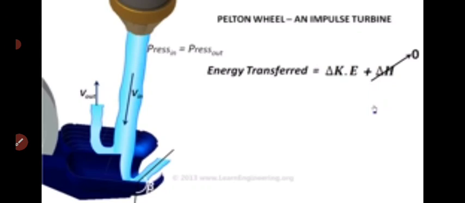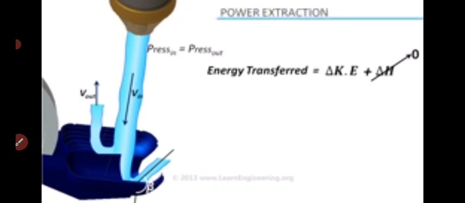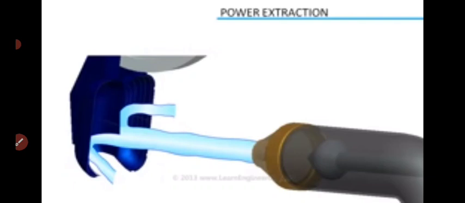The absolute velocity of the fluid will have a huge drop from inlet to exit of the bucket. However, pressure remains the same. So the Pelton turbine gains mechanical energy purely due to change in kinetic energy of the jet, not due to enthalpy change. Which means the Pelton turbine is a pure impulse machine. Pelton turbine design is always aimed at extracting maximum power from the water jet, or maximizing efficiency.